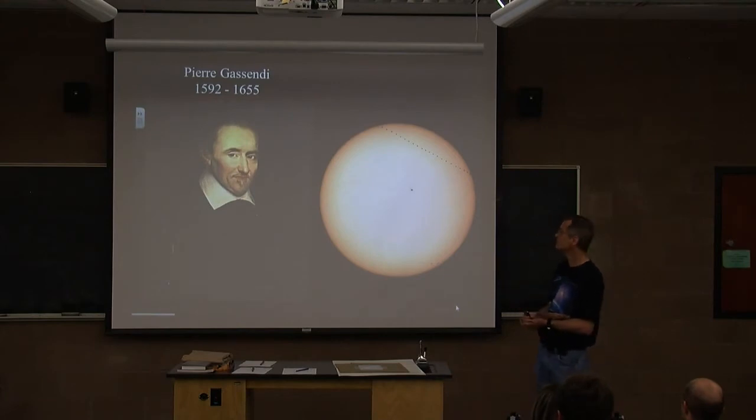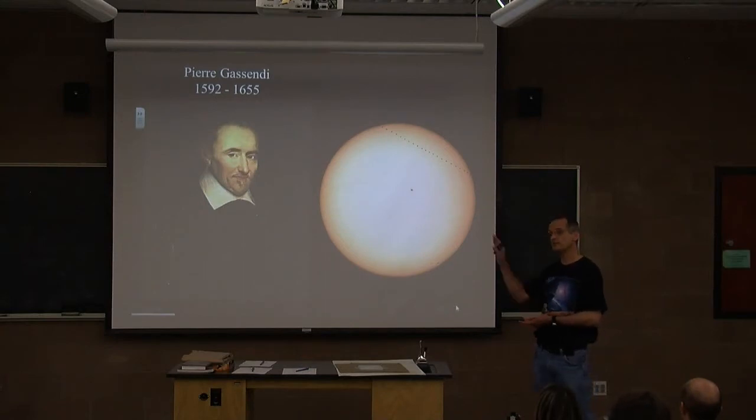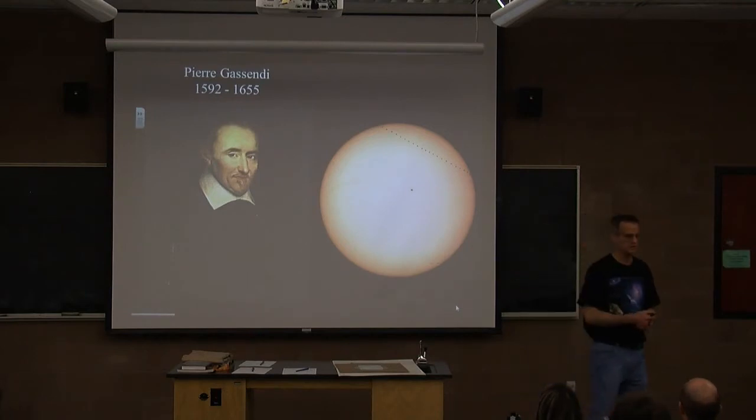This is 1631. On December 7th, when people looked for the Venus transit, there were some astronomers in Europe who looked. Unfortunately, Kepler's data wasn't quite good enough for him to realize the sun wouldn't even rise until after the transit was over. So the transit was not visible from Europe, so no European astronomers saw it, which doesn't sound good for Kepler. Now, he did predict the Mercury transit successfully, and it was seen, so that was good. But people wondered what was wrong with his prediction.